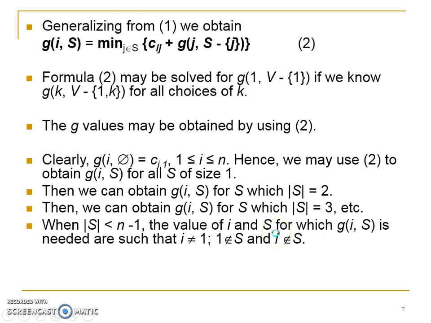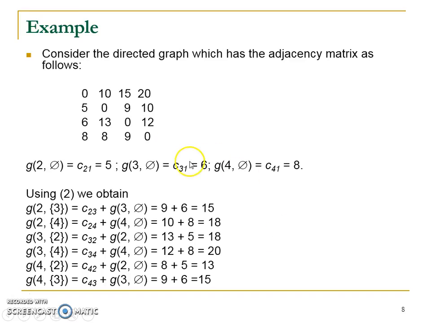Let us look at an example to make things clear. I have directly given the adjacency matrix representation of a directed graph. As you can see, it has 4 vertices and the weights of the edges are given as follows. Now, as we have seen, we first have to find the solution wherein the size of the set is 1, meaning I am trying to find the cost of traveling from vertex 2, and we always assume that the path starts from vertex 1 and we have to go back to vertex 1.